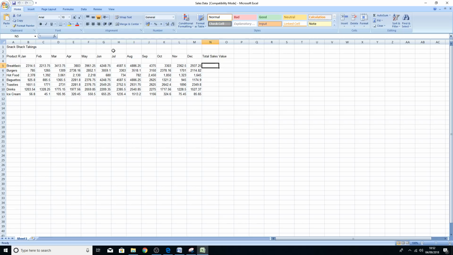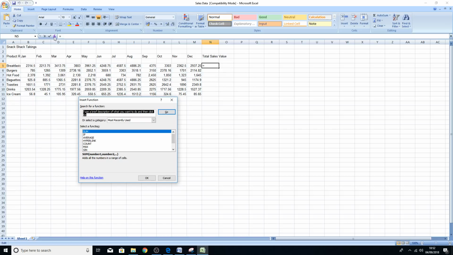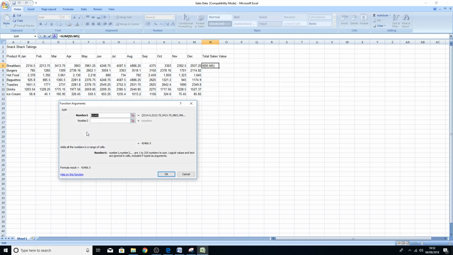So what we do is just click on this FX button at the top there. It says insert function. You'll see there it says sum. So easy way to remember that you need sum is basically, if you're doing a calculation, what do we call calculations? We call them sums. So that's what you're going to use. So just double click on there,